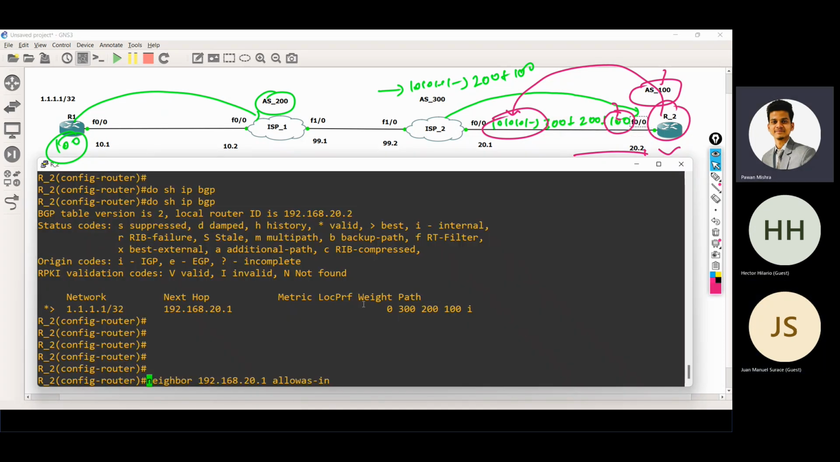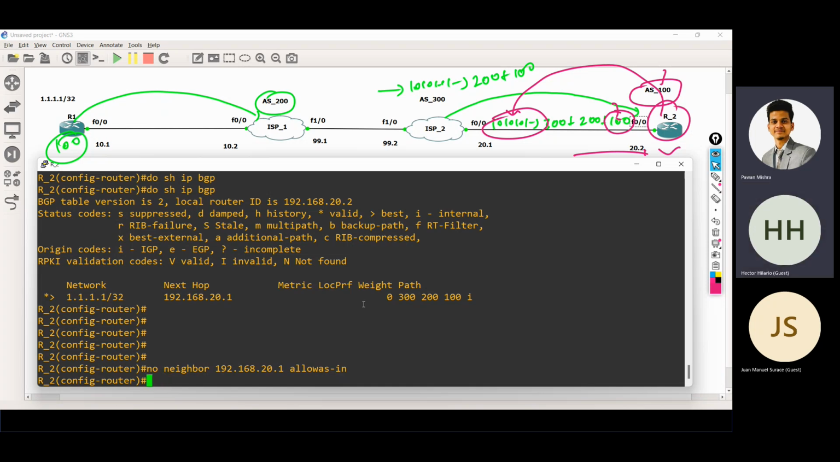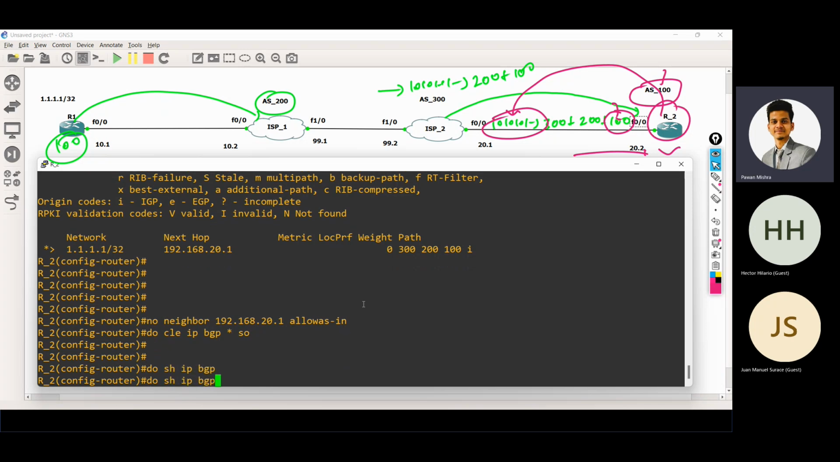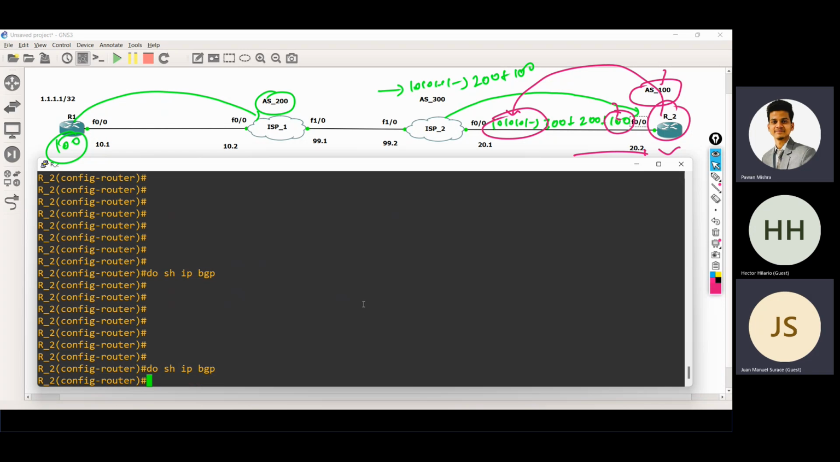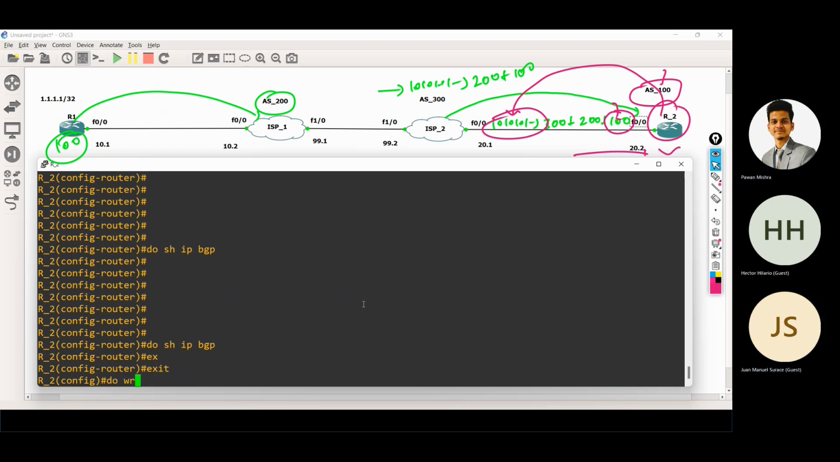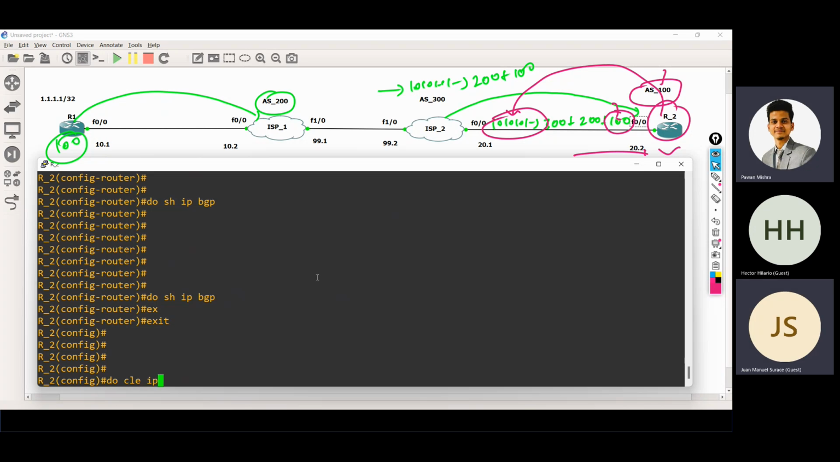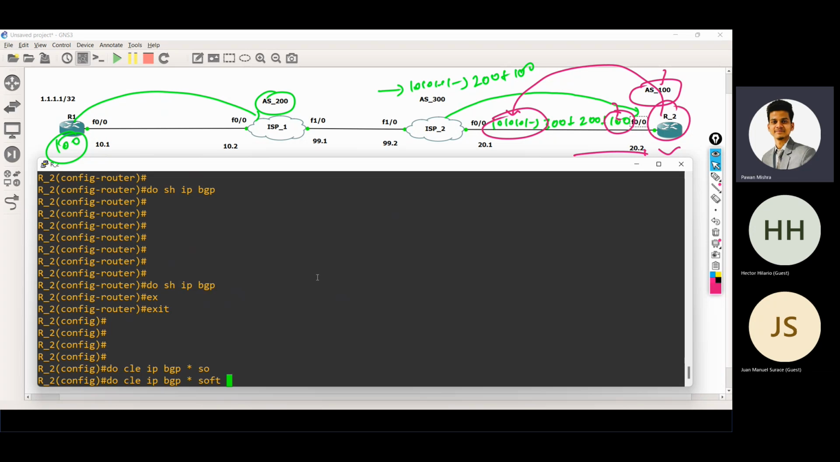Again, if I use no on this command and then do clear ip bgp * soft, and now again if I show the BGP table, do show ip bgp, now I'm not receiving any route. Correct? What is the command to clear? The command is do clear ip bgp * soft. So what does soft mean? Where is this soft command actually? In case of BGP, in case of